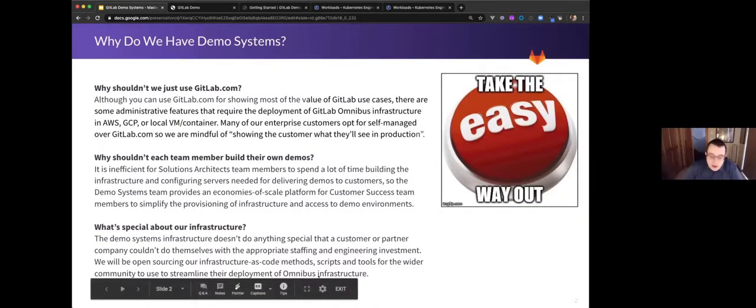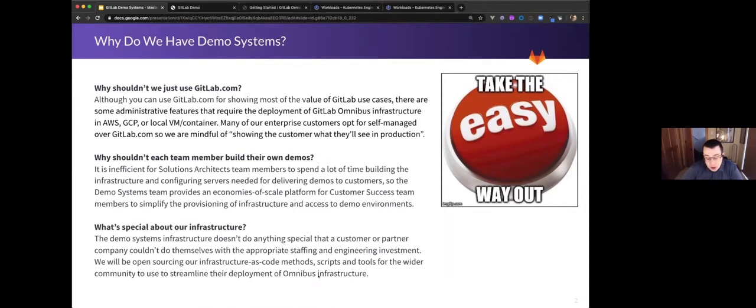One of the questions that I've gotten asked a couple times in the last month, I didn't realize it was a question, but I realized it's a good one to answer, is why do we have demo systems? Well, we could just use GitLab.com, we can just use your own, and it all comes down to efficiency, dogfooding, and setting ourselves up to be able to tell the same story consistently, no matter which infrastructure we're using. And so what we're trying to do is build a consistent story, consistent message. Right now, demo data is our next initiative,